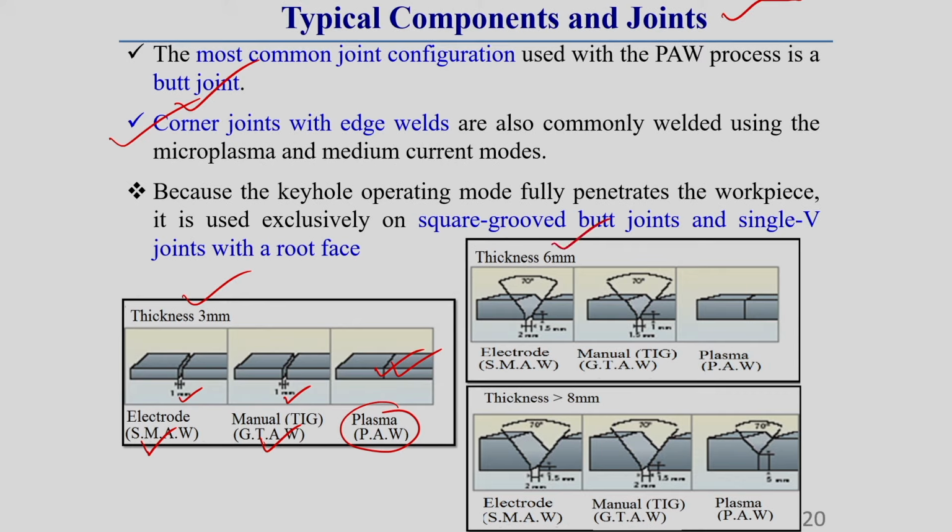For a 6 millimeter thick plate, the plasma arc welding process also does not require any edge preparation. It is a square joint without root gap. But in stick welding or SMAW and TIG welding, around 2 millimeter root opening and around 70 degree included angle is required, that you can see here. If it is more than 8 millimeter thickness, a root face and some beveling operation are generally required. But here you see the root face can be around 5 millimeter, whereas here the root face is 1.5 millimeter. So, you can see compared to other welding processes how the joint geometry varies in plasma arc welding.